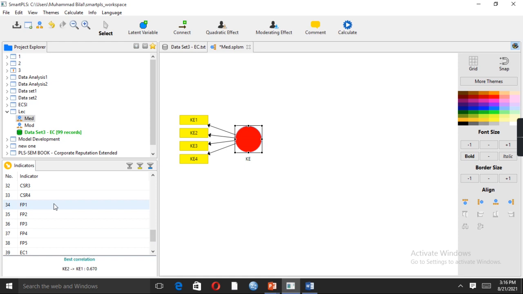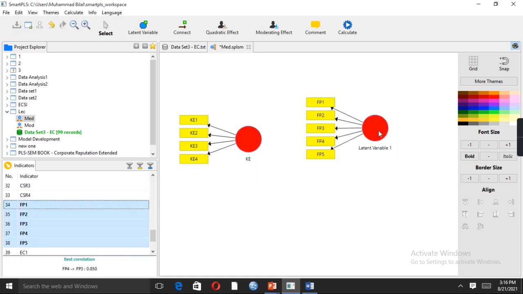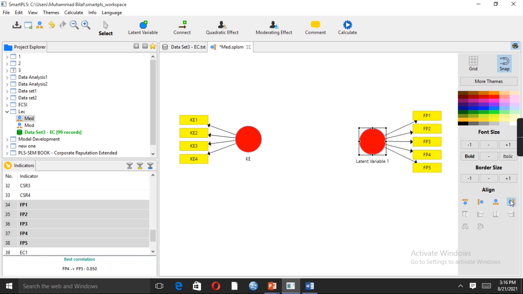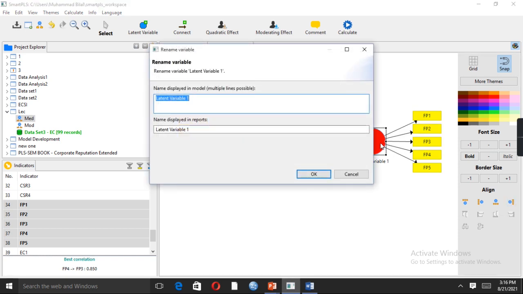In this model we have one dependent variable, FP. FP stands for firm performance.